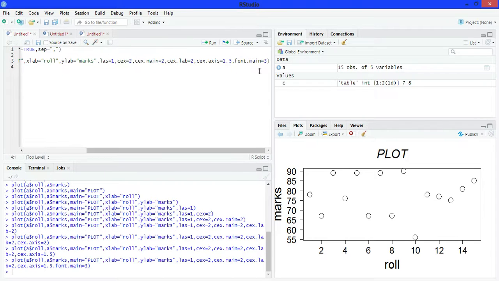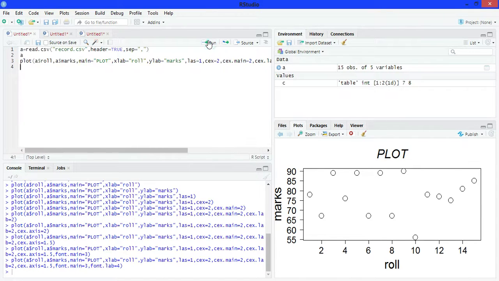Okay, now change the font of this roll and marks. Write font dot lab is equals to 4. See, yes, the font of marks and roll have changed now.